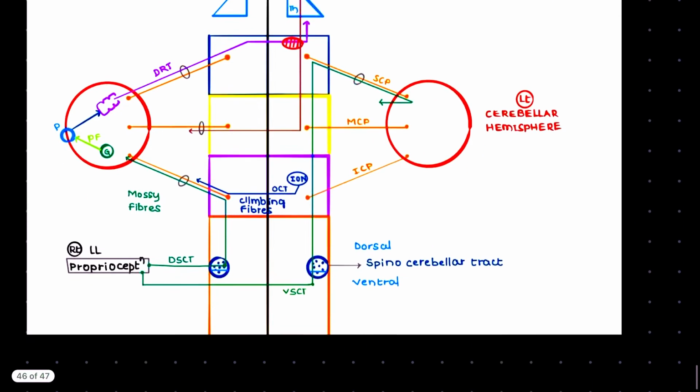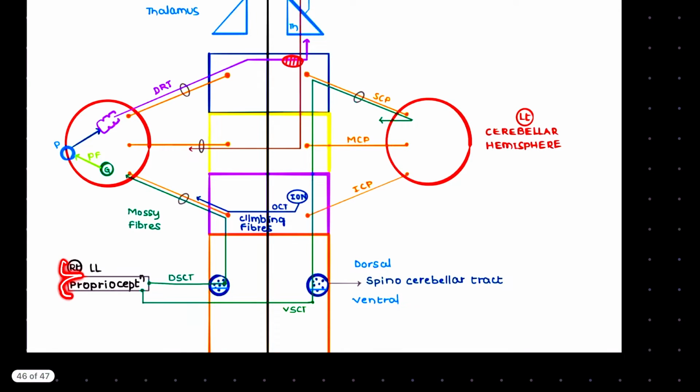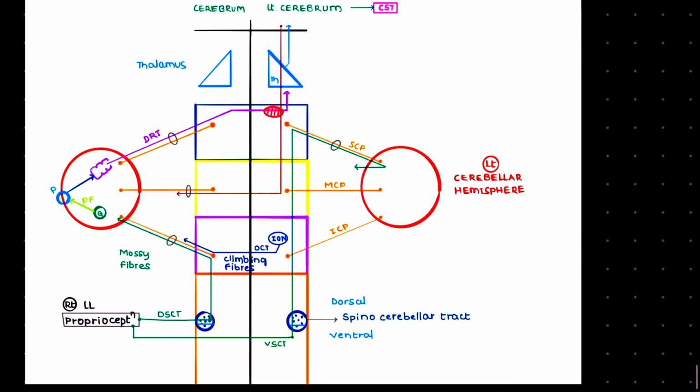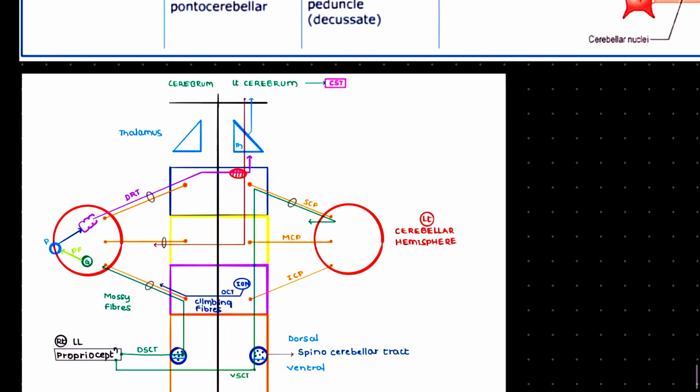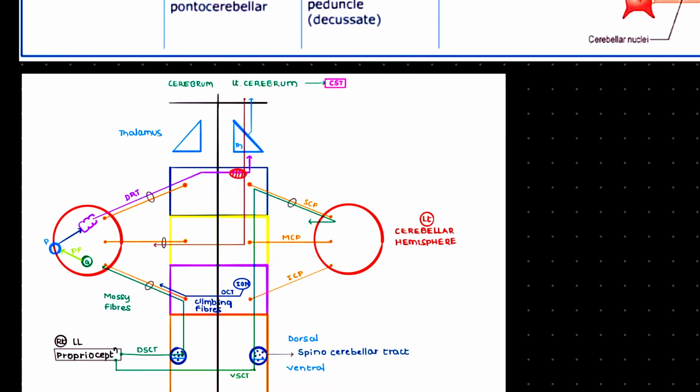Now let's go into the pathway. For example, there is proprioception from the right lower leg. Obviously, its information should be carried to the left cerebellum. How it goes all the way to the left cerebellum, we will be talking about. Now, the proprioception from the right lower leg will be carried by two tracts. These are the dorsal spinocerebellar tract,